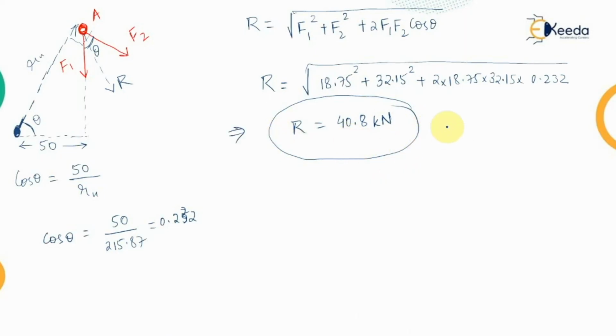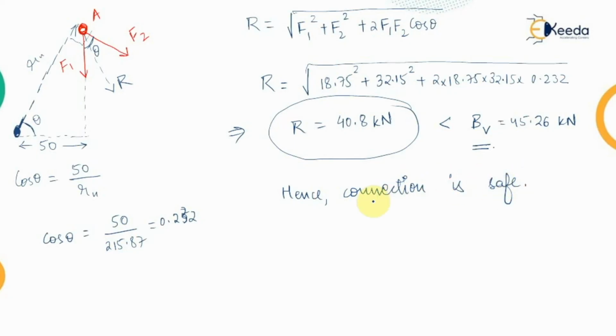Now we need to compare it with the bolt strength. It must be less than the bolt strength. That means this is the capacity of the bolt to hold that much amount of force, while the force which is coming onto the bolt because of the connection provided is 40.8 kilonewton. And in the earlier step we have estimated the bolt strength, and that was equal to 45.26 kilonewton. That means it can be said that hence the connection that we have provided is safe.